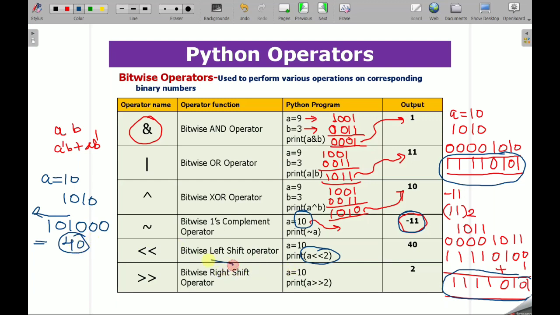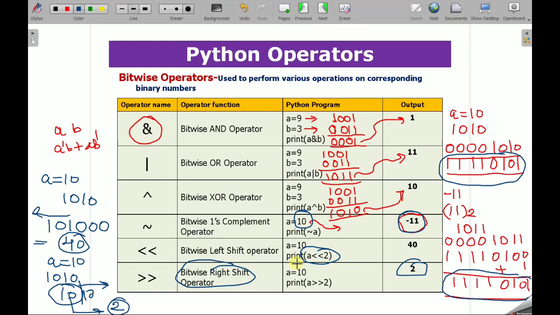After that I am coming to the right shift operator. You see that a equals 10 means its binary digits are 1 0 1 0, and when you shift right you will get only 1 0 over here. So in the active window you have 1 0 only, and when you convert this 1 0 into decimal you will get 2. This is simple to implement in Python using the Jupyter notebook. You have to write all these small programs in the Jupyter notebook and you will get the required answer.